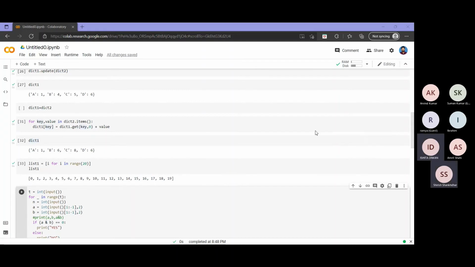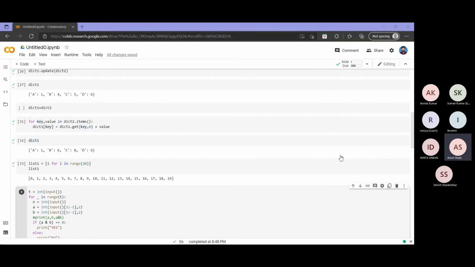Yeah, Amrit has raised his hand. Amrit, I see that you have raised your hand. If you have some doubt, you can ask. After that, I will go to that even odd question. Can you hear me? Yeah, Amrit. Yeah, I always get confused.